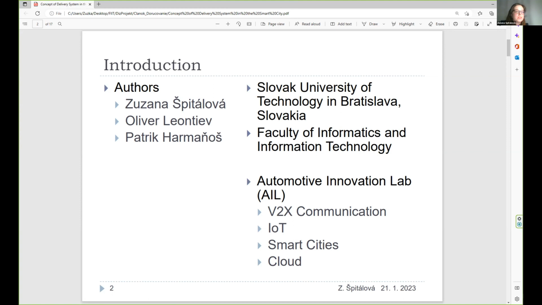Because of that, we are working on projects which are related to these main topics, and to the applications which are needed for some smart environment or vehicle to everything communication and so on.